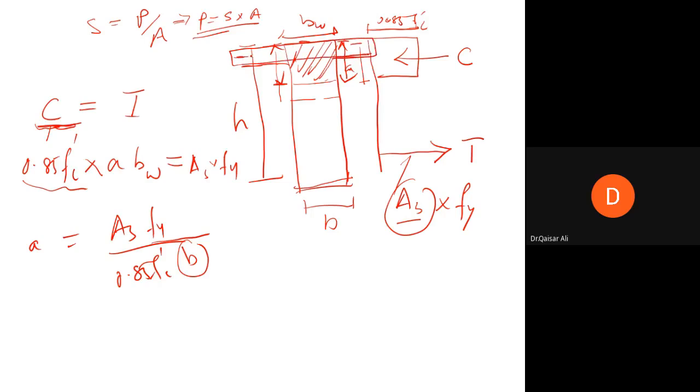और अगर इसकी जो विड्थ है, डेप्थ है इस कंप्रेशन ब्लॉक की, अगर ये विद इन द स्लैब है तो जाहिर है इसका ये ए होगा और ये बी एफ हो जाएगा। तो ये ए तो ए रहेगा, लेकिन बी डब्ल्यू जो है ये चेंज हो जाएगा बी एफ के साथ। It will be changed to bf in the case of T-beam. I hope you understand this now. Yes sir. बी डब्ल्यू सिर्फ बी एफ से रिप्लेस हो जाएगा।